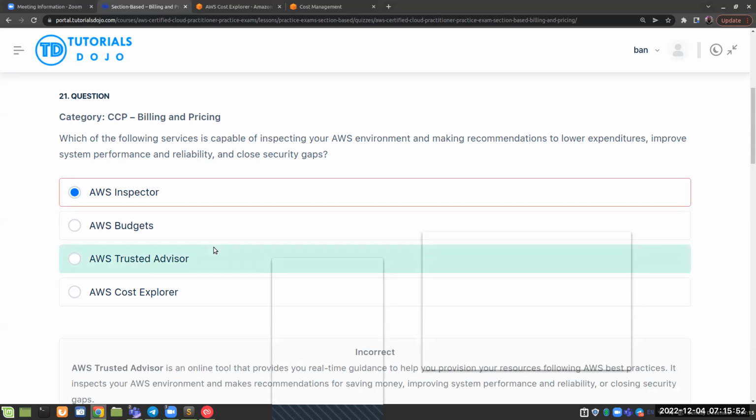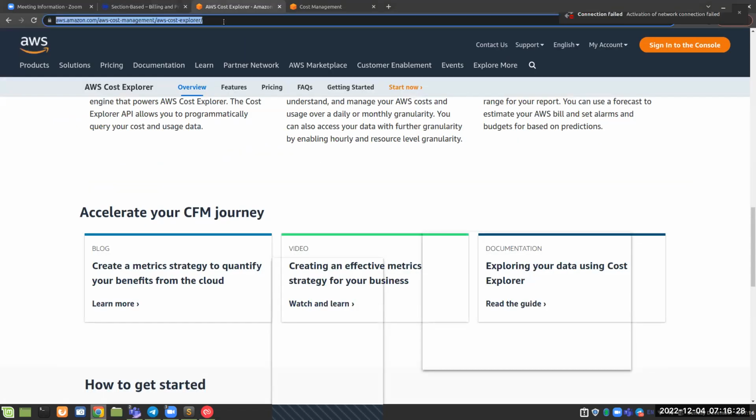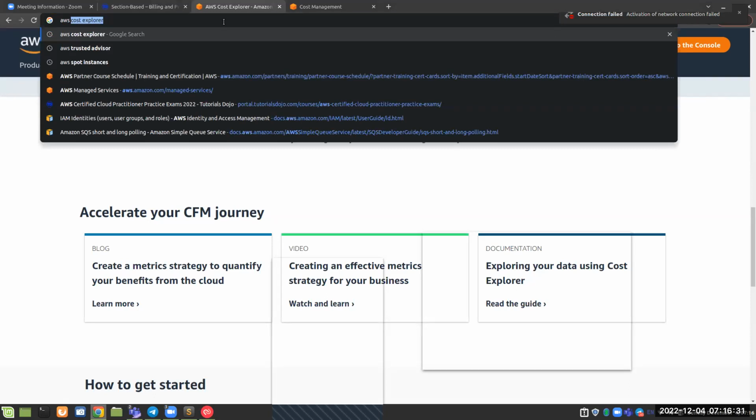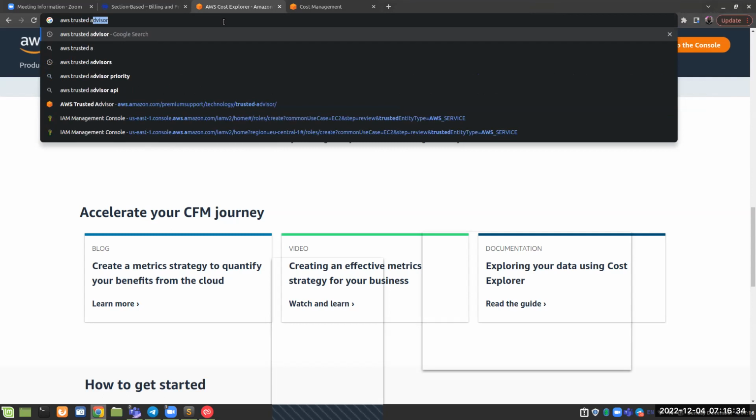Now, I hope everyone will take note of this question very well. Just because it says inspecting your environment, if you remember very well, it will say C. This is what I like, because I know that when people get this confusion, they will not get it again. So I think everyone should sit up here as I explain. Which of the following services is capable of inspecting your AWS environment and making recommendations to lower expenditures, improve system performance, reliability, and close security gaps, right? Now, let's look at this. Just because the words have been changed does not mean that